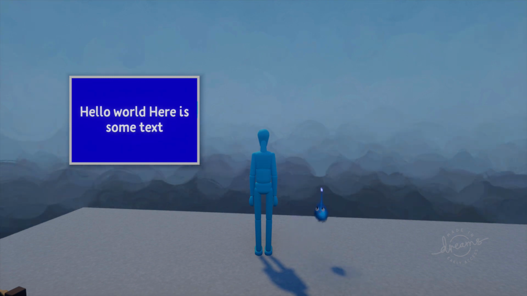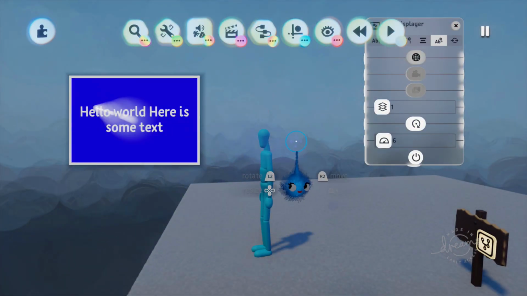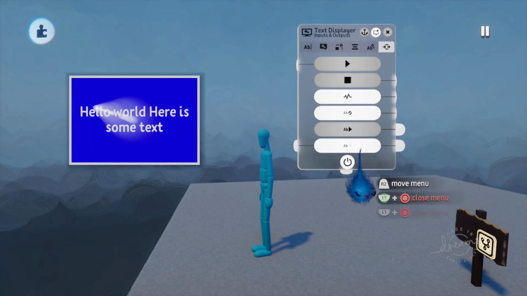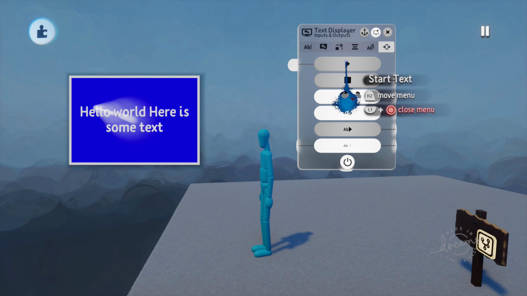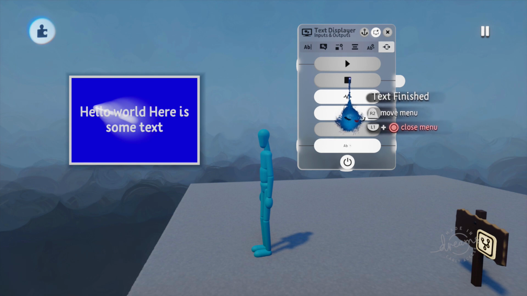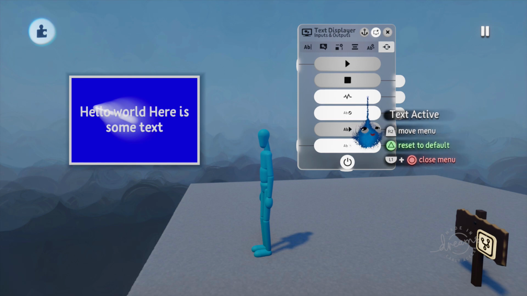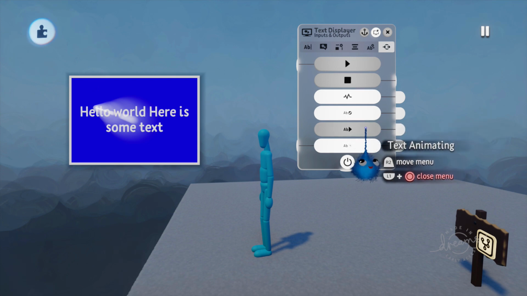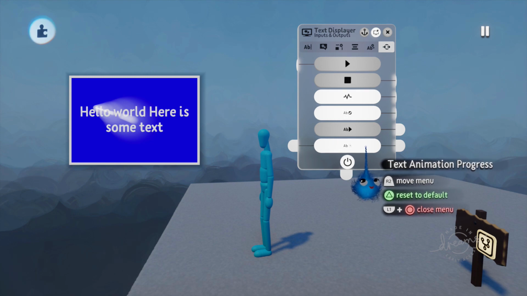Good for speech things is to have animation on there like that. But you may want that to have some sort of sound effect. And the way you can do that is to use these buttons here. These are basically the controls for the animation. This is a start text input. This will start the animation of your text. And this is an output to say the text is finished. This is whether the text is visible. This is whether the text animation has stopped. This is if the text is currently animating, and this gives you a number, a percentage of how much